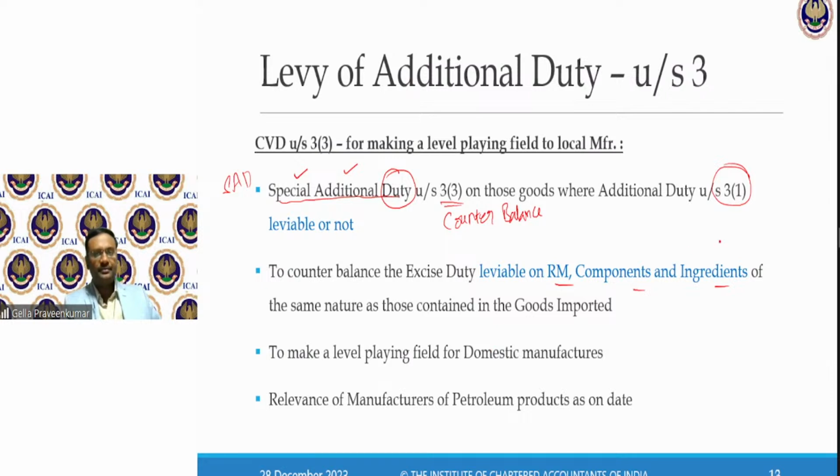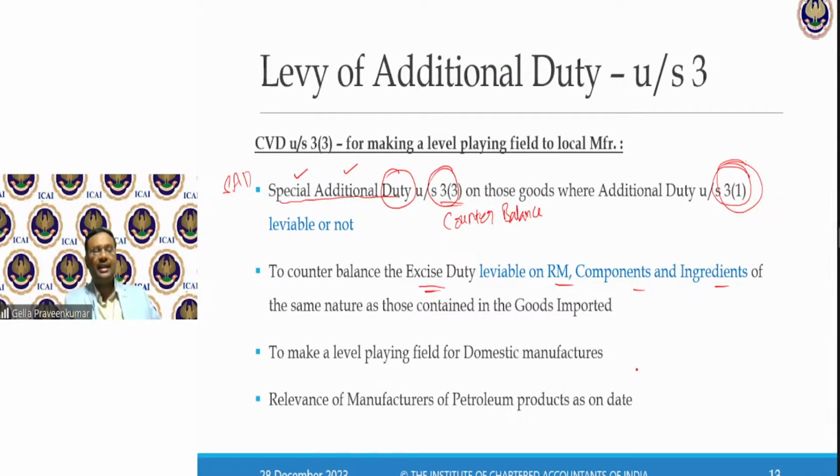So if there is a levy not triggering additional duty under subsection 1, subsection 3 comes into play to balance the excise duty applicable locally, to make a level playing field for domestic manufacturers. Relevance of manufacturers of petroleum products as on date.